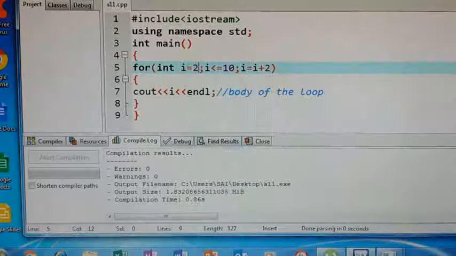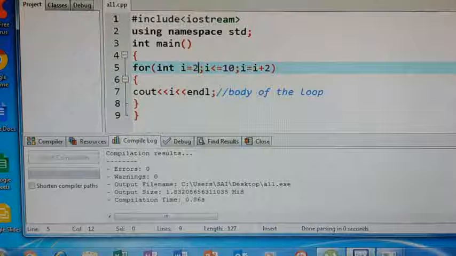Whatever we have written in the while loop, the same things we use in a for loop. But in the while loop I have written initialization, condition and updation on different lines, whereas in a for loop all three are included in a single line. That is the only difference. The remaining procedure is the same in a while loop, for loop, and do while also. The main advantage of using a for loop is you can decrease the code: instead of 3 lines, you can manage with a single line.